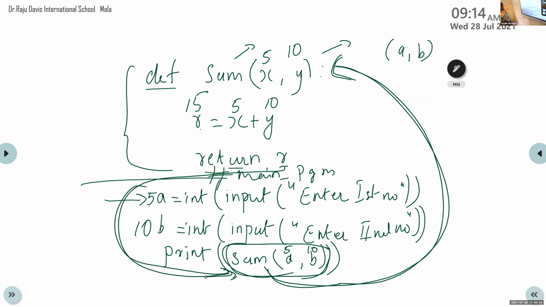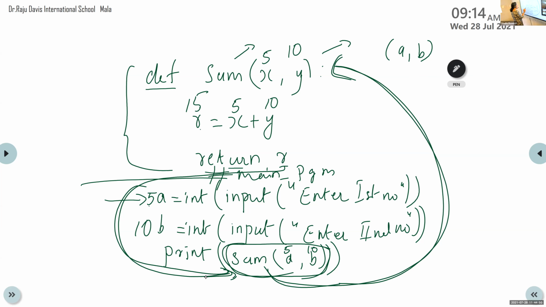First, it will execute the main program. When the compiler reads this def keyword, it will ignore the definition. Python understands that this is a function definition line because def is there. So it will ignore this set of statements, and the execution begins from this main program.